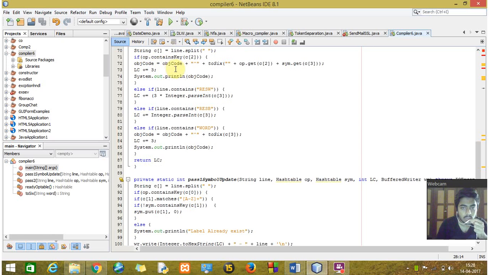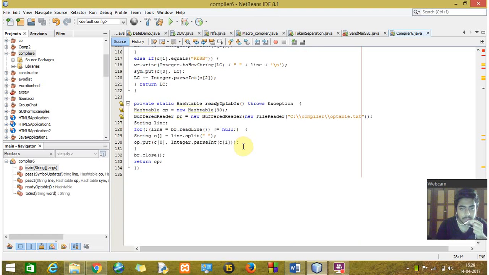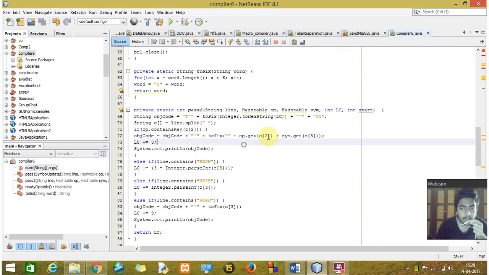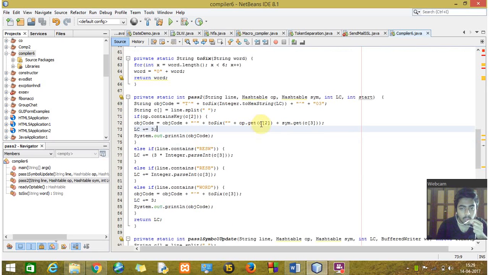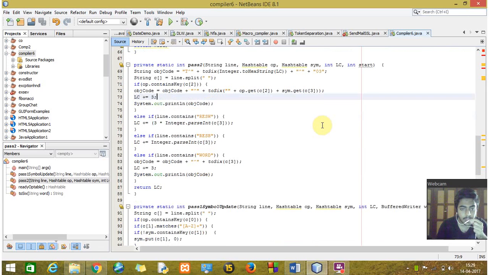So for calculating the object code, first we'll use this contains k. The object code plus we will append it with this, and then we'll convert the object code using the opt.get method. We'll get the object code from the opcode table and the symbol from the symbol table. For a particular symbol I will have the opcode in my table. I will get both from the index, and then I will print the object code in this format.